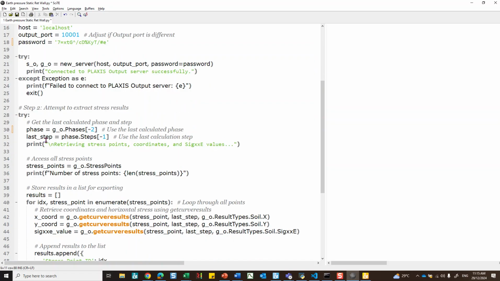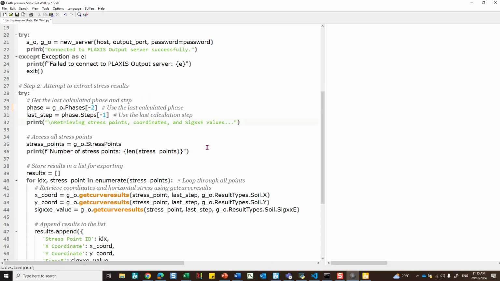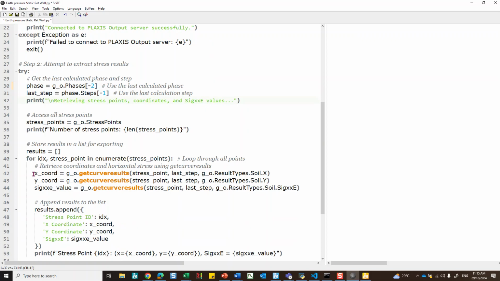So this will just be printed on the console. If you are interested in something else, you can say sigma YY and change this, but this does not go into action. It's just a message for you. If we go down, this is how PLAXIS